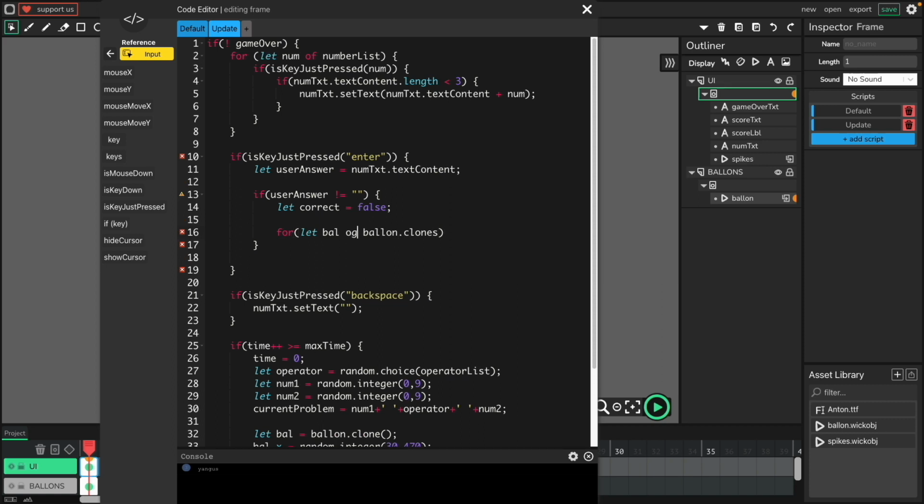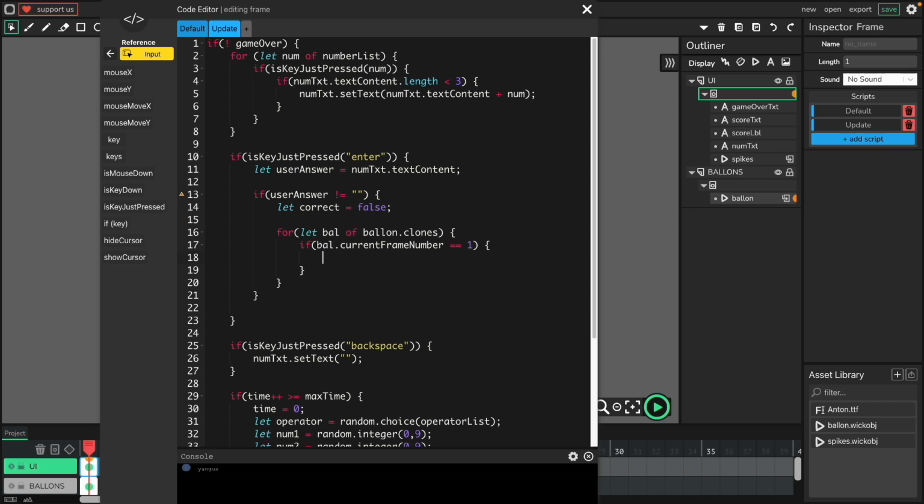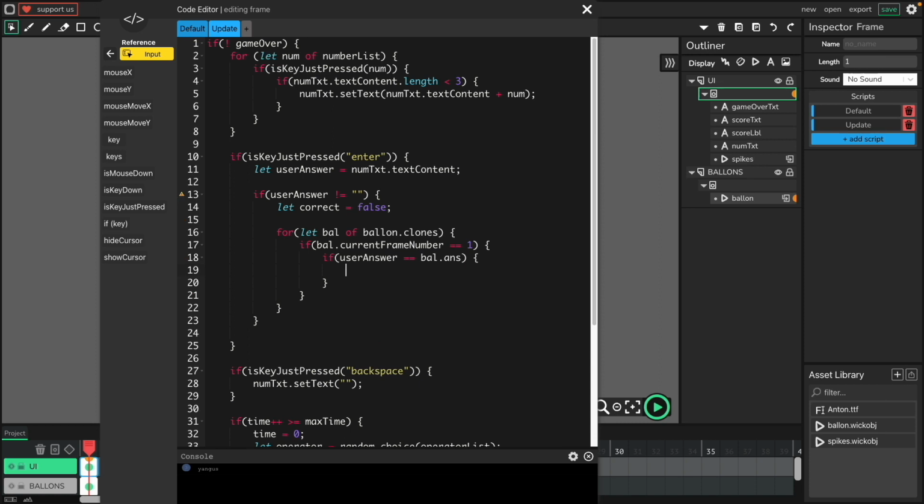Oh, here is off. Then we also want to know if the balloon is still in the first frame, so we can investigate that balloon. Then, since every single balloon has its own answer, we have to verify if the user answer is the same as the balloon answer. So let's add an if statement. If user answer is equal to balloon.ans,